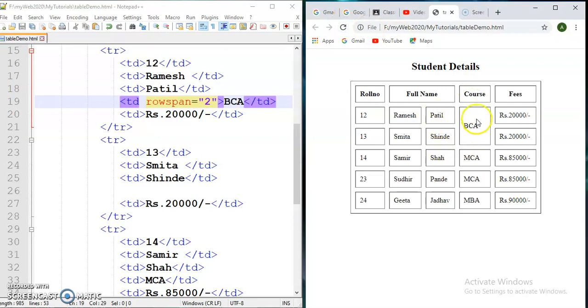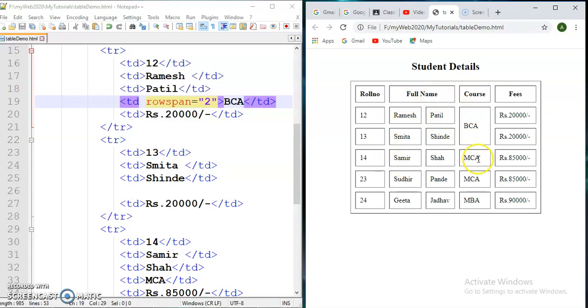So this is the row merge effect. Means I don't want this BCA two times. I want BCA only one time here by merging two rows. So this is the row merge effect and this is the column merge effect.